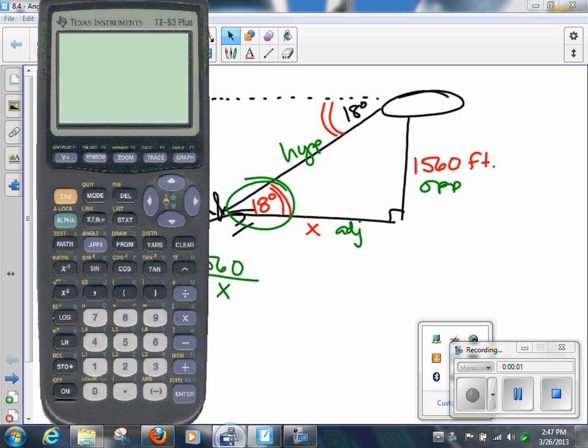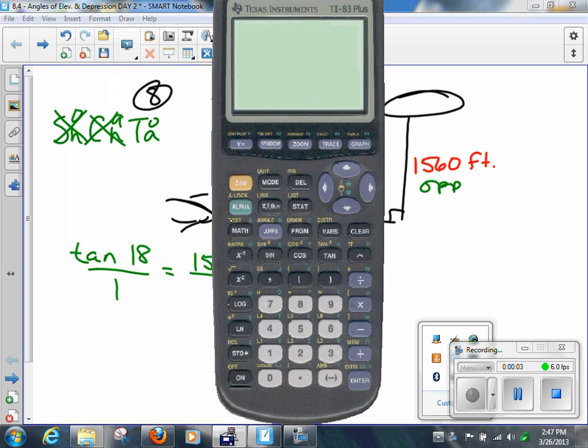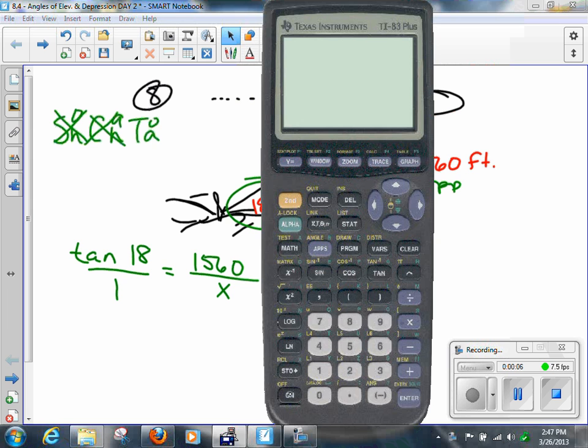And then we use our calculator. Okay? And when we use our calculator and we set everything up like we're supposed to,